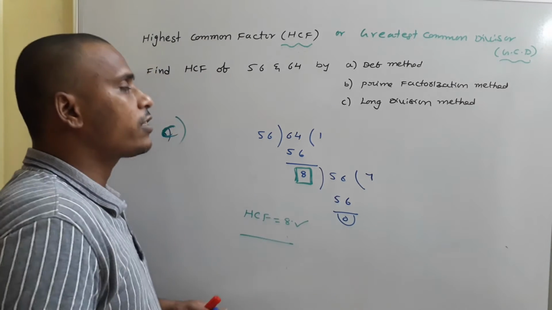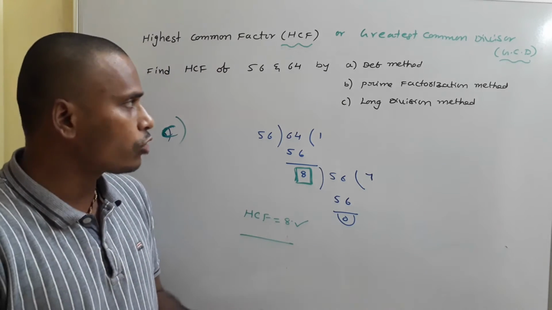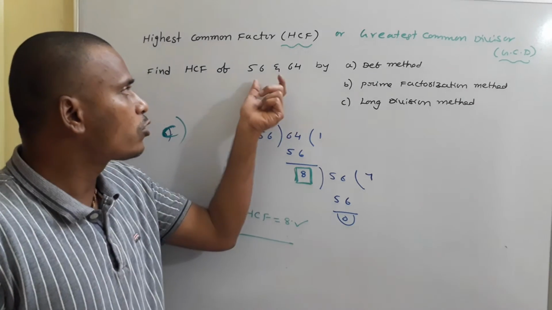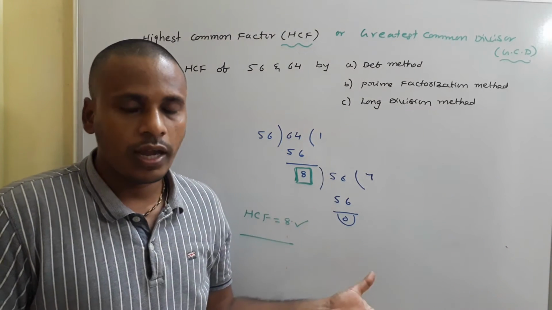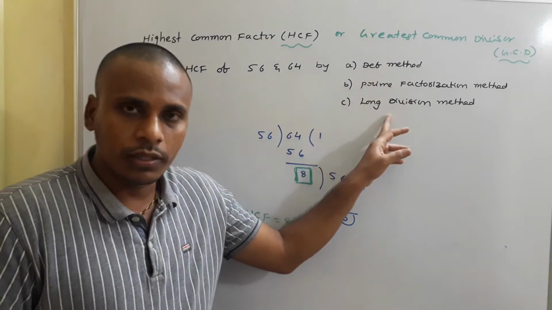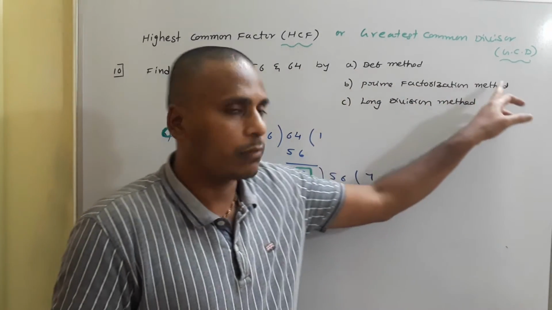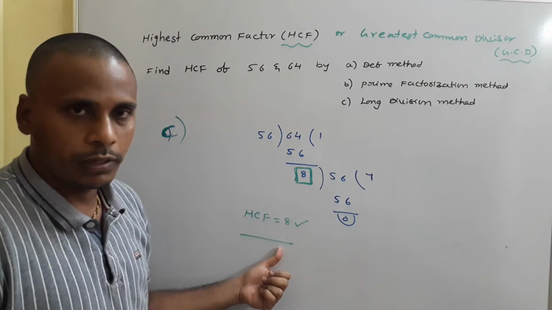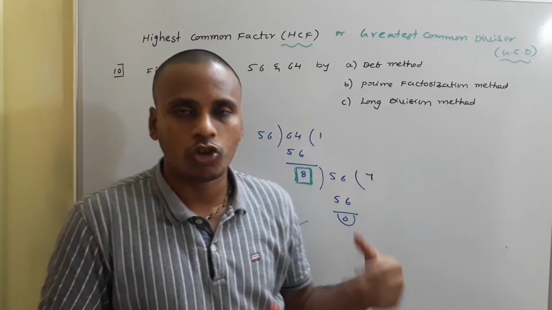Just to explain this definition method, prime factorization method and long division method, I am using these two simple numbers, and for these two numbers, HCF is 8. Okay, at the end we have many options to find HCF. We may move with any one of these three methods, but usually to solve most of the problems we go with the prime factorization method, and sometimes we use the long division method. This definition method just helps us to understand the basic idea of highest common factor.